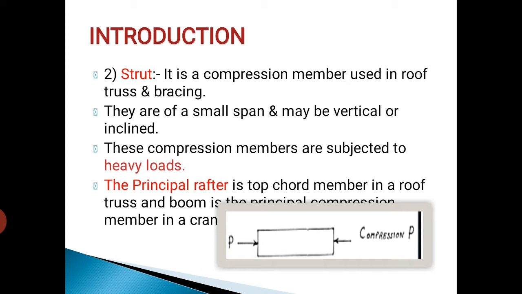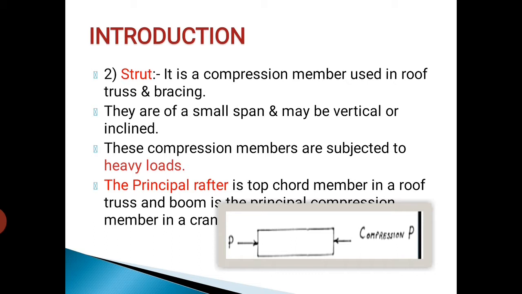Which is the best compression member section? Generally we have to use ISHB section, means Indian Standard Heavy Beam section, and unequal angles with short leg connected are preferred as compression member section. What is compression structure? Compression structures are those structures on which compressive load is applied along the length of the structure. Okay, this figure shows that